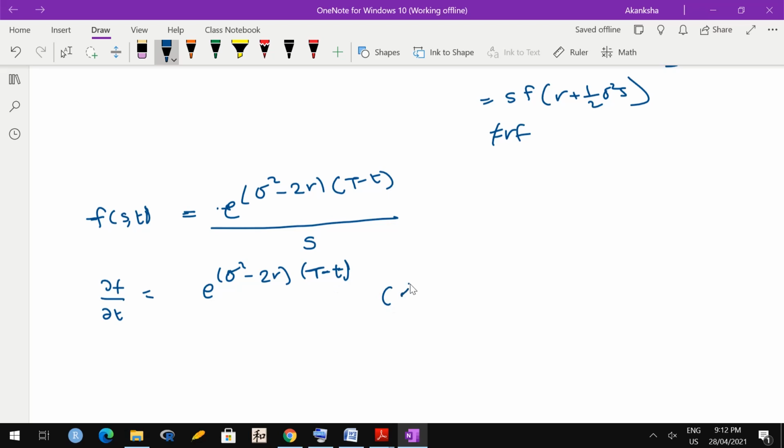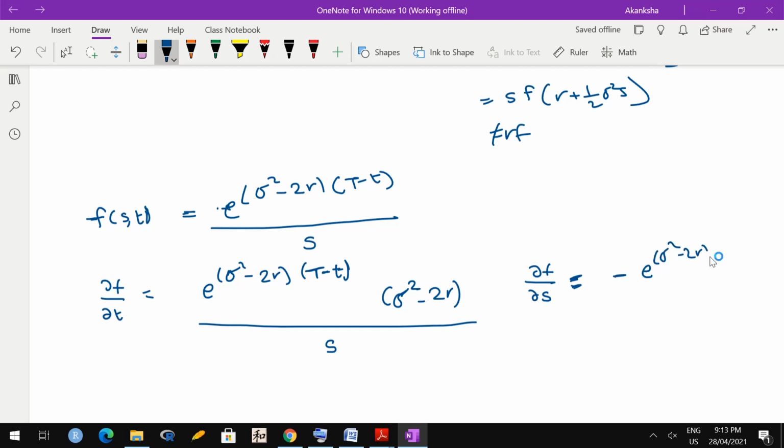So that is sigma square minus 2r, and divided by S remains as it is because it is not going to get affected by the derivative. ∂f/∂S is simple because we have S only in the denominator, so I will have minus e raised to, these things are constant, so (sigma square minus 2r)(T minus t),